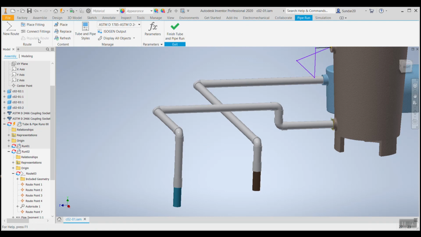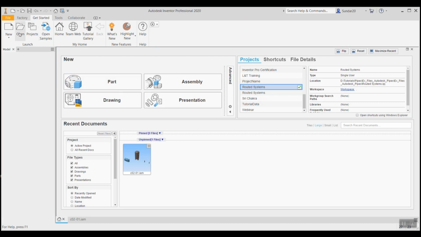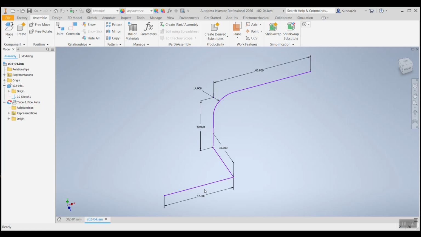Another option is we can create lines using sketches or 3D sketches and then convert those lines into pipes. So this is the fourth type of creating routes here. So for that I'll open a sketch which we have already created. Say open. So this is something where you can see the difference, that this is a sketch but we have opened it in the assembly interface. Why? Because only then can we get access to environments and tube and piping.